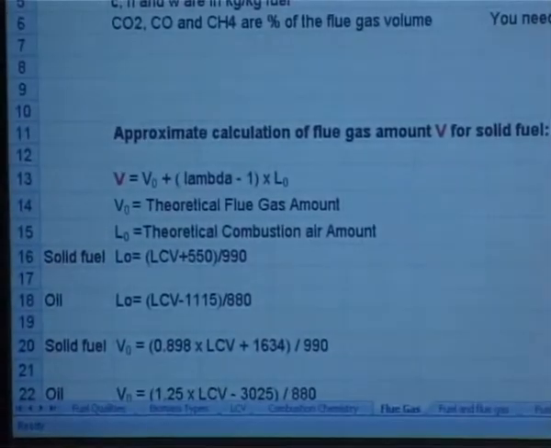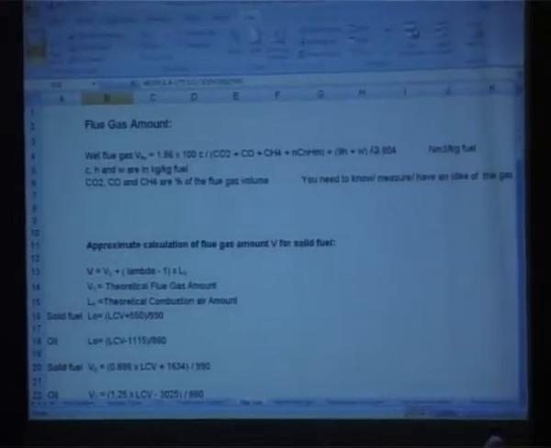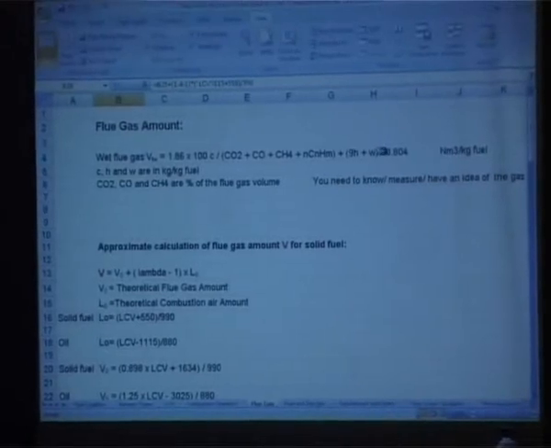Then we had to look into the flue gas, and the flue gas, the wet flue gas, we have this formula here. Again, an empirical formula. Once you have it, then it's easy to use, put it into a spreadsheet like this,